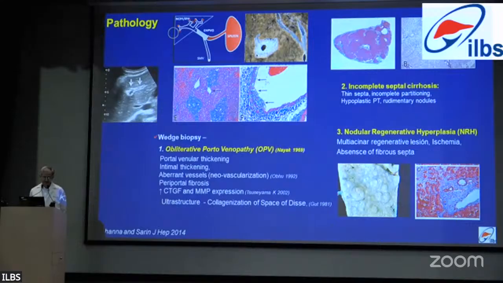I just want to know your thoughts on the gut pathophysiology and the link in non-cirrhotic portal hypertension, and the role of von Willebrand factor and ADAMTS13 in the endothelial dysfunction and thrombosis seen in these patients, because the gut is a major player. The unifying theory is that there is chronic endotoxemia, which comes from the gut, and the endothelial injury as well as stellate cell injury is due to endotoxins.